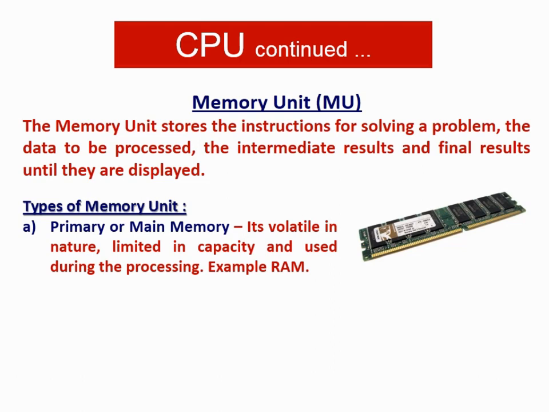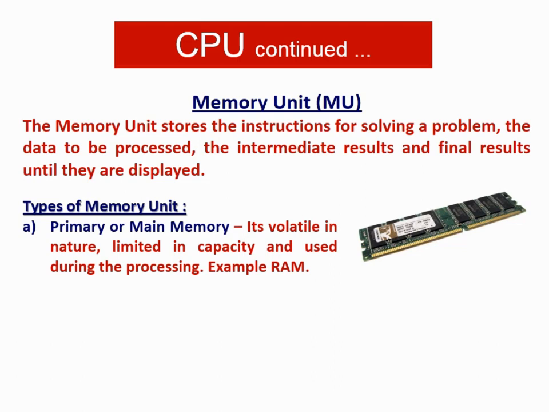Suddenly electricity goes off, and if you again switch on the computer, you won't get what you had typed before. Why? Because the entire thing was kept in the primary or main memory, like RAM. Now why is it so? Because once the electricity goes off, the content of the primary or main memory will be wiped out. So once you switch on the computer again, the entire data will be wiped out, and you would not get anything on the screen.